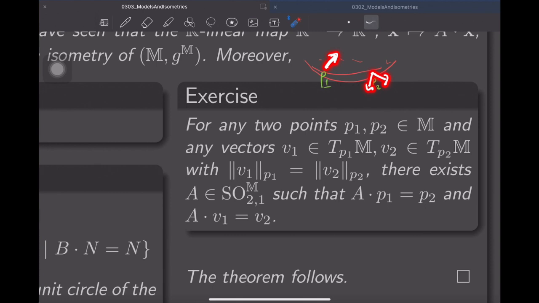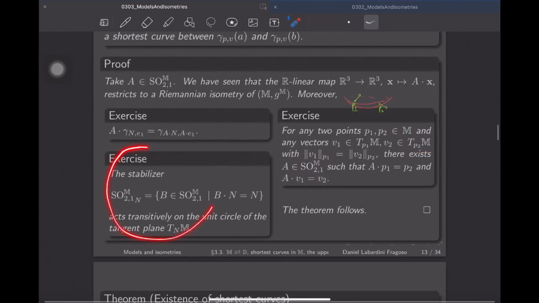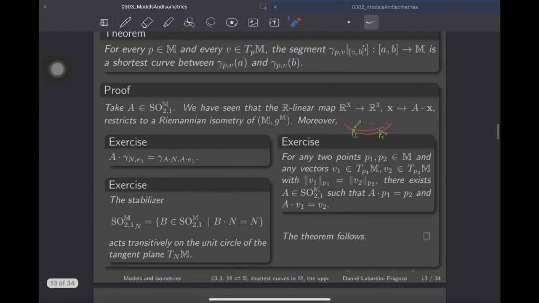Right. Okay, and now you see I can move along this circle in this tangent plane, but I can move using an element of this one because of the previous exercise. That's the point. So the details, I leave them to you. Right, and then the theorem follows, because you see,